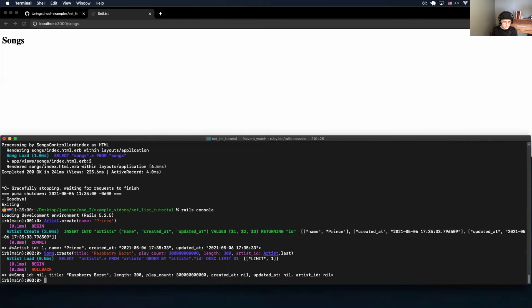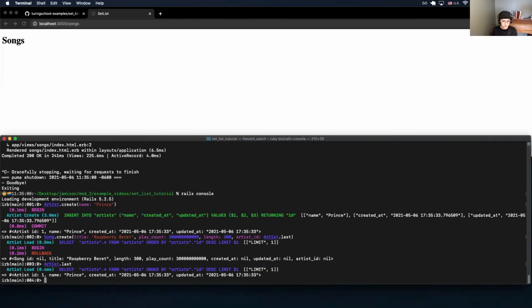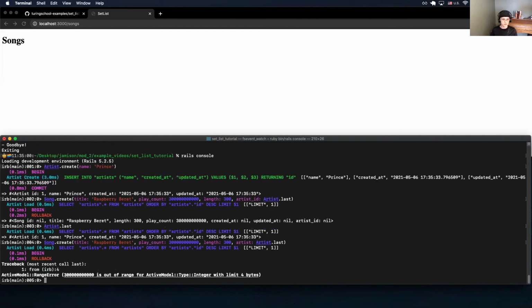Oops, what did it not like? Oh, I gave it the whole artist instead of saying artist_id is Artist.last.id. So I could do this. I think I can also use the Active Record association to just say artist: and then give it a whole artist object. So let's see if that works. That's too long of a play count. So we will,